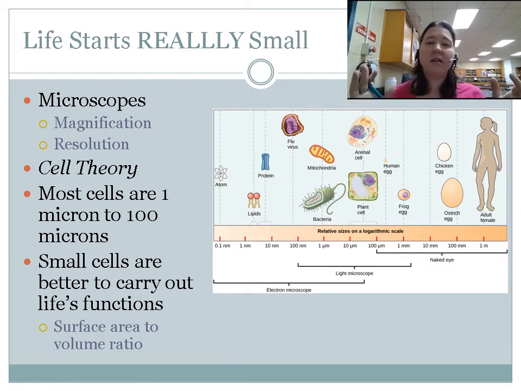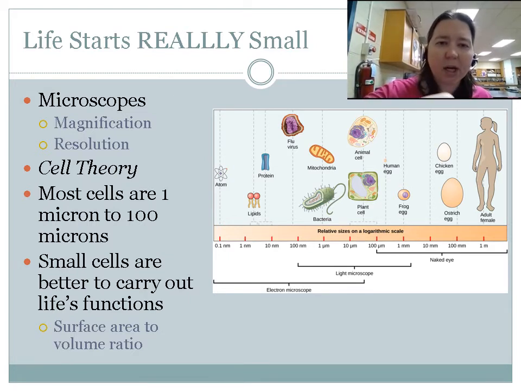Last but not least, life is really small from the standpoint of what actually characterizes life. Life is really small. Okay, so we need to use magnification to see them. So we use microscopes. Right. So microscopes have 2 characteristics that we talk about. Magnification is actually making something bigger, okay, bigger, and then resolution, which also talks about clearer. Okay, so microscopes need to balance both of these things. We need to make it bigger, but we also need to be able to see it clearly.